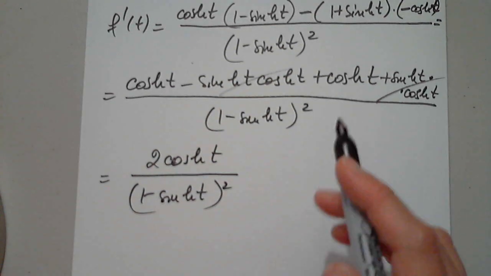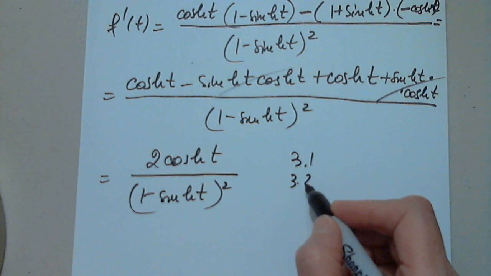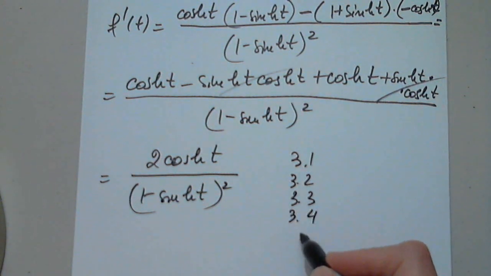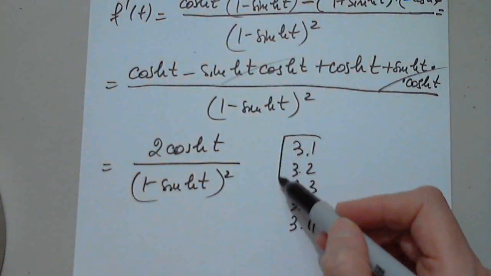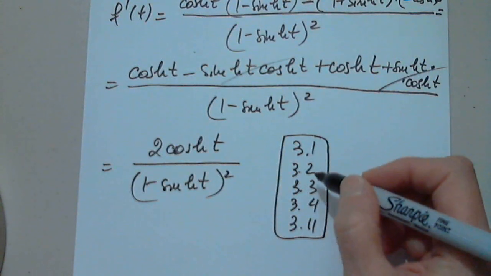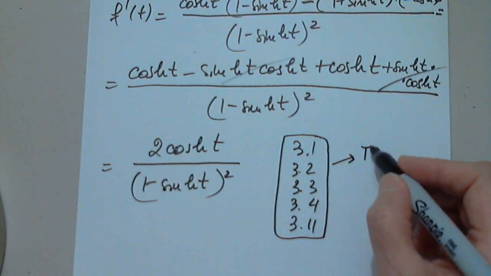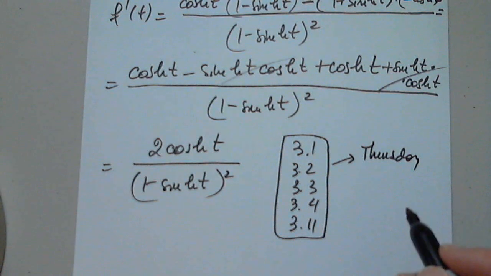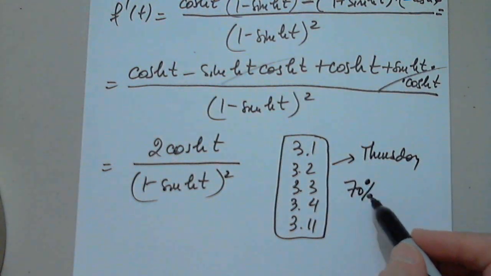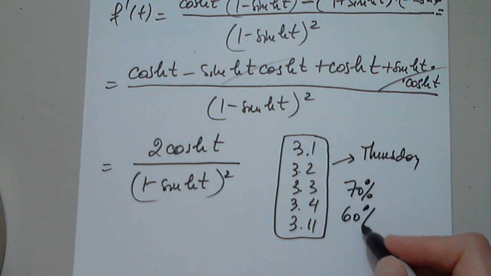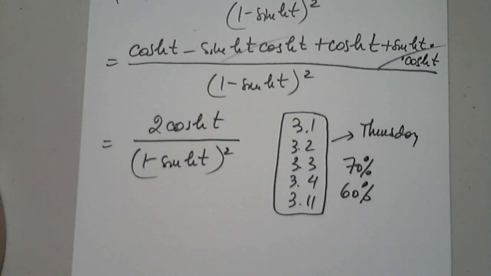So we completed 3.1, 3.2, 3.3, 3.4, and 3.11. Of course, I don't expect you to finish this by tomorrow night, but definitely by Thursday. At least with 70%, or at least 60% if you cannot do 70% just yet. But it is absolutely mandatory